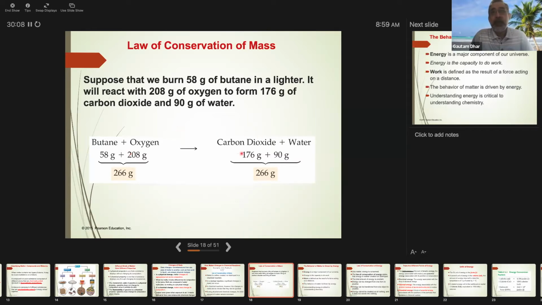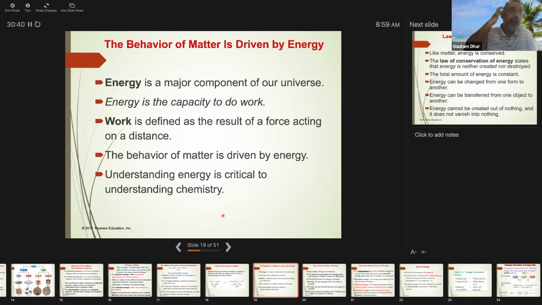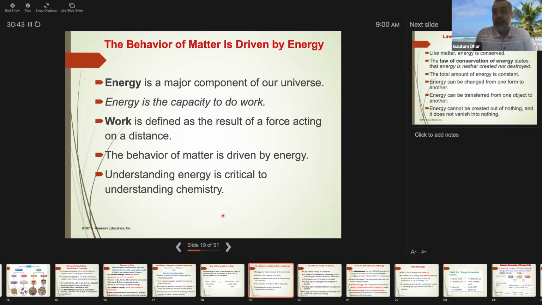If I say how much carbon dioxide is produced, just do the algebra. Use the law of conservation of mass. You do not even need formulas here, because you add up the reactant, subtract, and it should be equal to the amount of the product. So if I tell you how much water is produced, you can tell how much carbon dioxide is produced. Just remember that. Okay, very easy way of solving this kind of questions. Just 10 seconds.